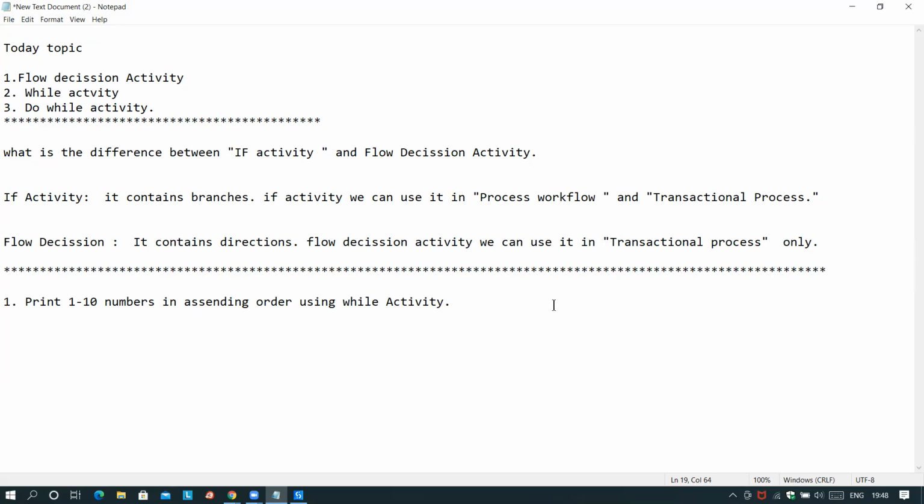Just simply I will give one more use case. Find sum of 1 to 10 numbers using while activity. And the third use case is